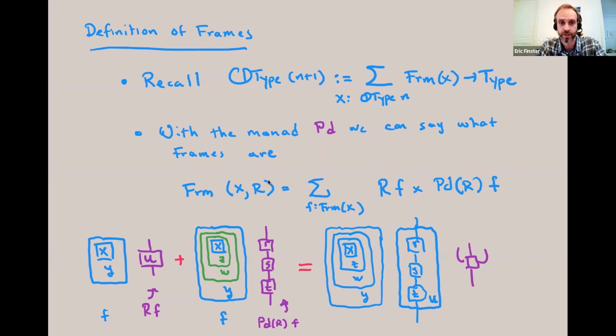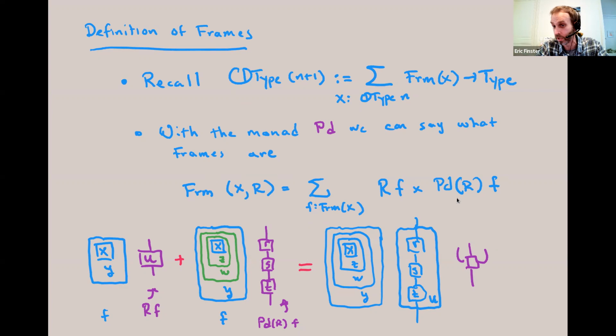Does that make sense? So the frames now, once I have this, it's a pair. If I have an opetopic type together with a relation, then the frames in the next dimension are a frame, an element of that relation, and an element of the pasting diagram on that relation. So again, this is a definition. It's not super important that you understand exactly the geometry. It takes a while to get used to it. But here I'm just showing you that the frames also compute after one dimension into something defined in the previous dimension. Okay, so now we've sort of defined opetopic types,